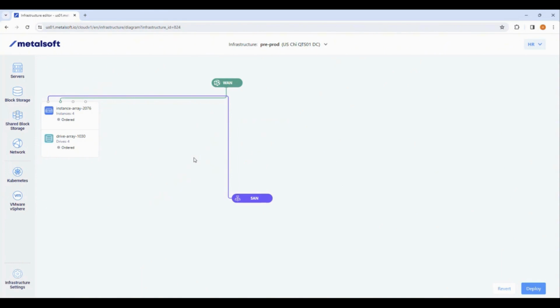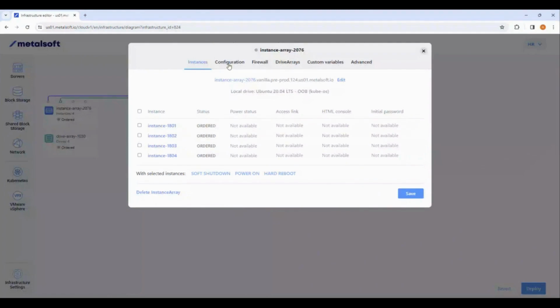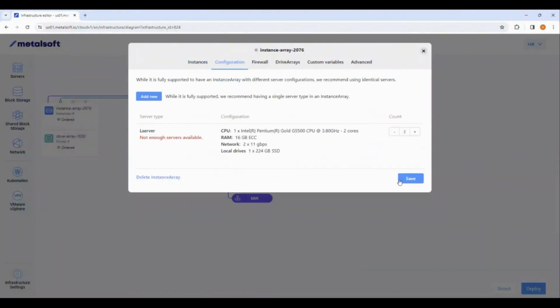And it will provision the additional 3 servers with the same configuration that was initially defined as an intent during the original instance creation, which is essentially the type of operating system and the network configuration that was outlined prior. But that instance array definition allows us to provision as many infrastructures as you want. And also, if tomorrow the workload shrinks, you can go back in and reduce the server count and MetalSoft will